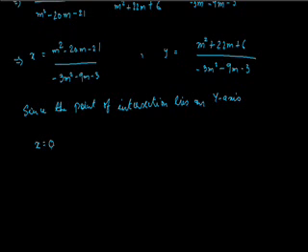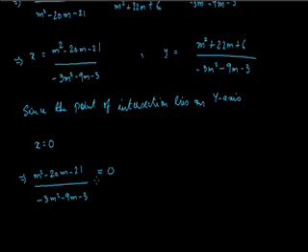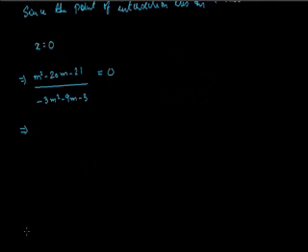That means x equal to 0, but x value is, this implies m square minus 20m minus 21 whole upon minus of 3m square minus 9m minus 3 is equal to 0. So by multiplying both the sides by minus 3m square minus 9m minus 3, I'll get